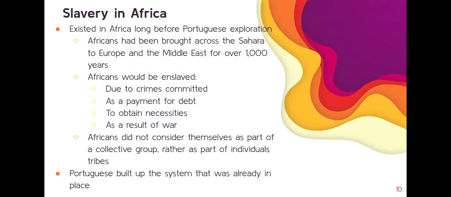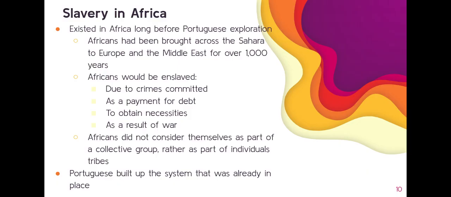Of course, in regards to American history, the primary initial encounters with Africa will be over the transatlantic slave trade. And there are some details about that that are important to know in context, and that's that it doesn't begin with European conquest into the Americas. It existed for over 1,000 years.